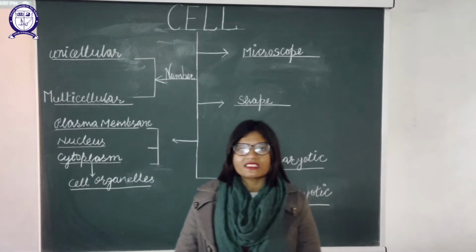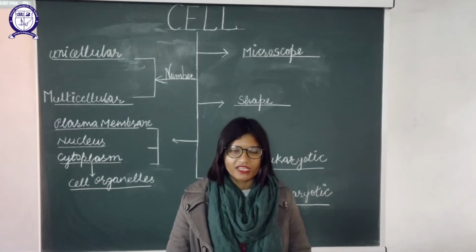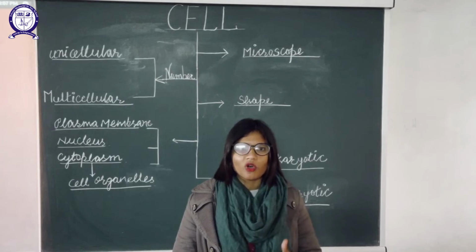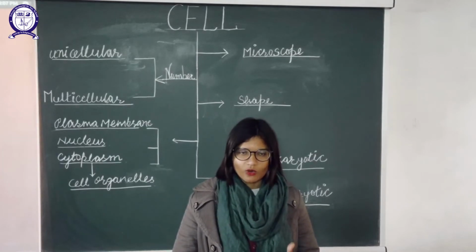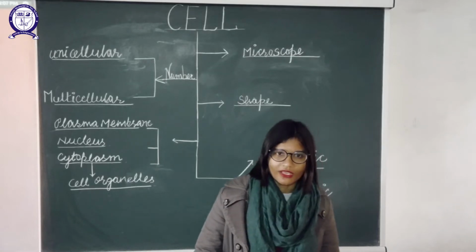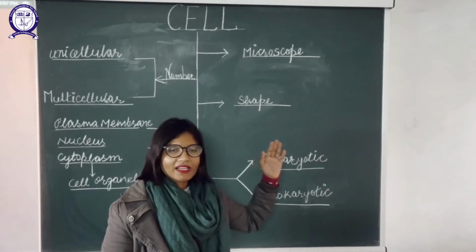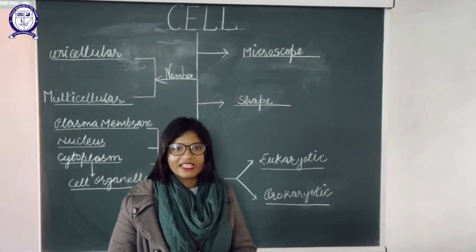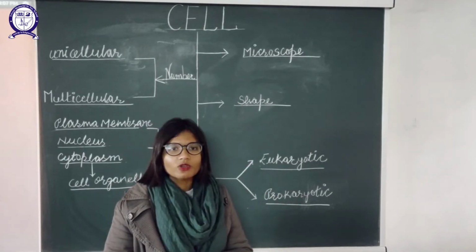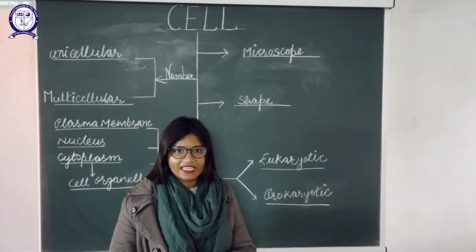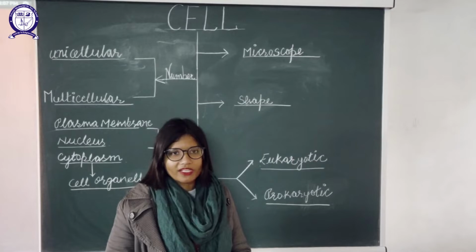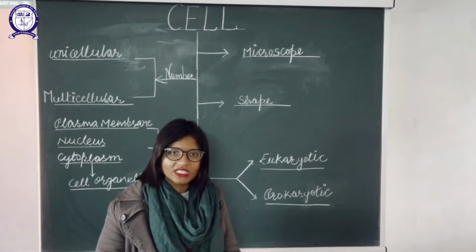Cell basically is the building block of all life forms, be it animals, plants, or any kind of insect. The basic form of life starts with the cell. So cells are known as the building blocks of all living organisms. Now we need a microscope to see those cells because they are very tiny. By the name itself it is very clear that a microscope is used to see the tiniest organisms, and the cell is one of the tiniest structures in our body, so that is why we need a microscope to see cells.